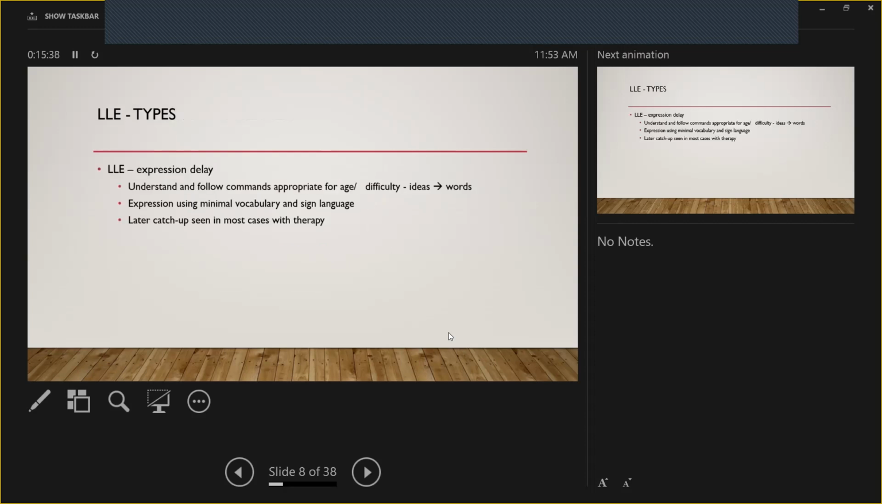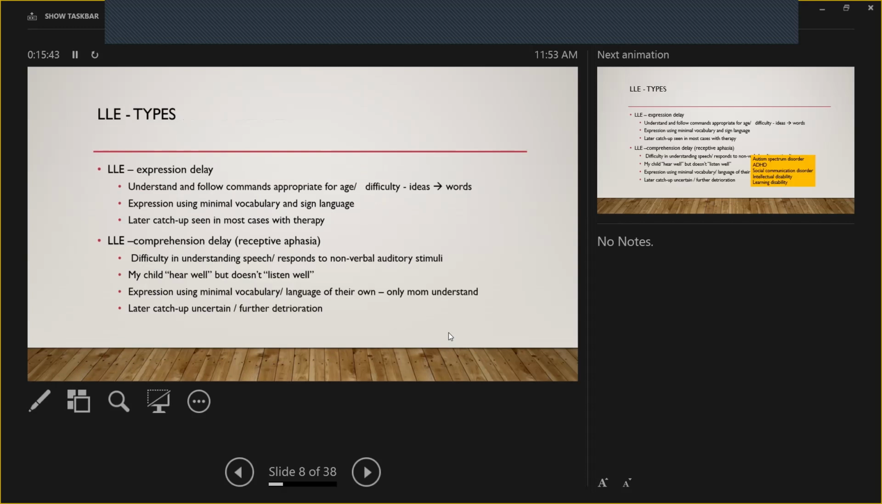In late language development, there are two types, as I said before, expression delay and comprehension delay. Expression delay is when they understand and follow commands, but have difficulty putting ideas into words. Okay? They use very few words, but they are very good in hand language, right? So sign language. When they want water, they will gesture, right? They have good understanding. They know where the water bottle is. Sometimes they will hold the mother's hand, take the mother, point to the bottle and say, give it to me,